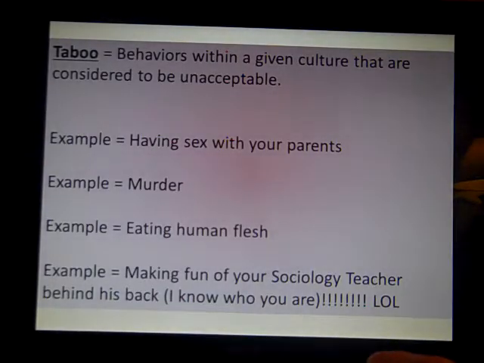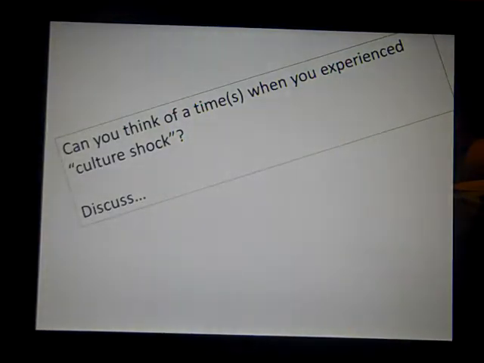some other examples of culture shock. I would ask, if we were in a classroom, for you to think about or talk about a time where maybe you experienced culture shock. Maybe a time where you traveled to a different part of the world, or maybe even just a different part of the country or state. You would probably be able to tell some stories about some strange things that you saw or some things that happened. So, I'm going to go ahead and call that the end of this part.